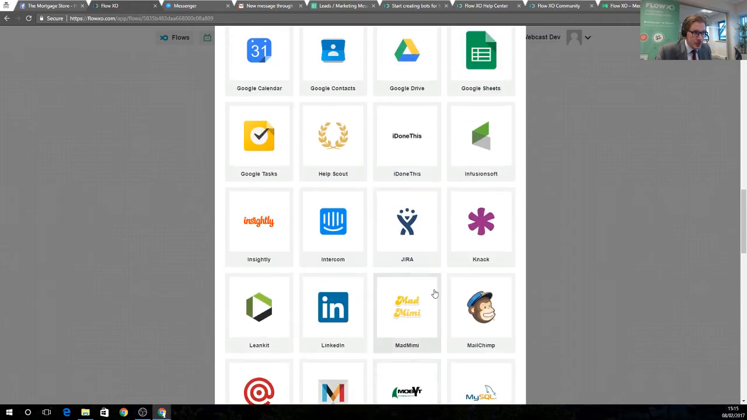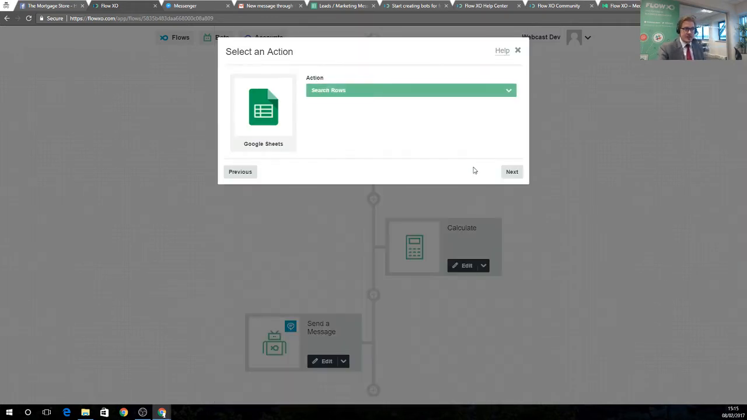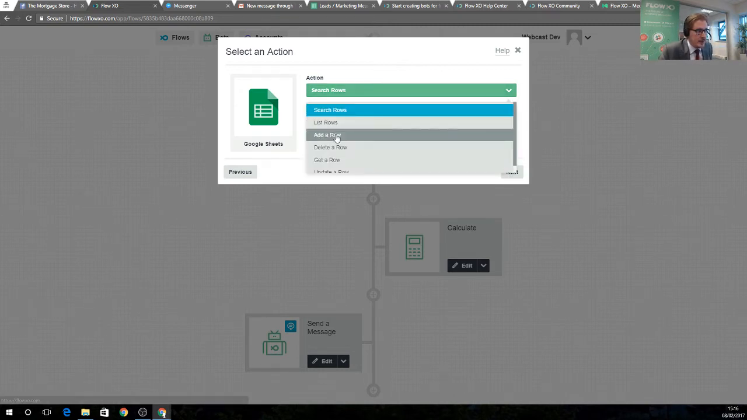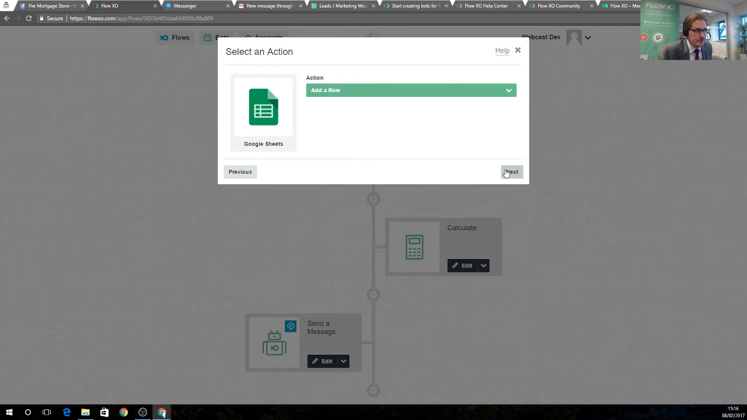I'm going to use Google Sheets here, and the reason I'm going to use Google Sheets is because it's a great proxy for a CRM system or a database in the background, so you've got complete interaction with your CRM that you're already using. Google Sheets is just a really light way of demonstrating how it might work in your CRM or database. I'm going to use the add a row action,